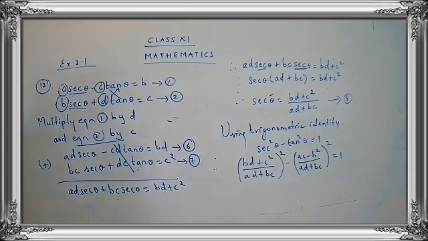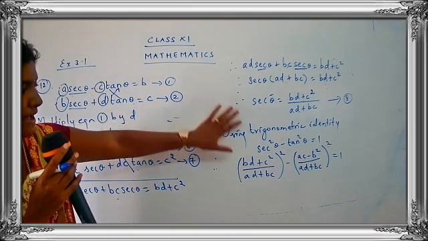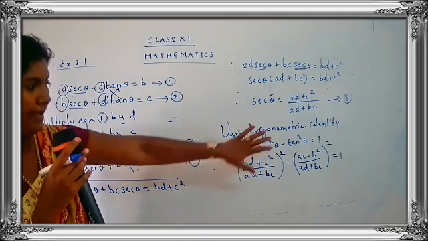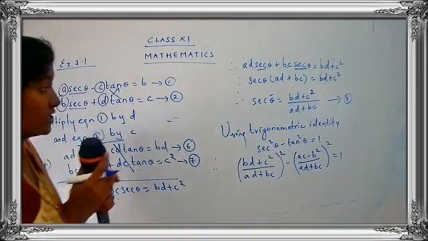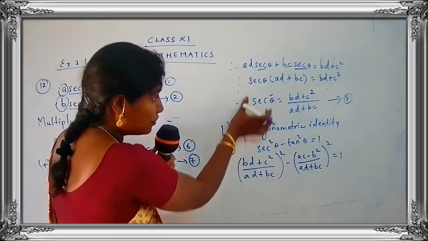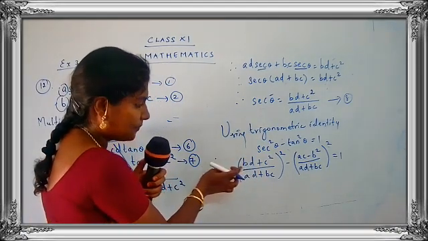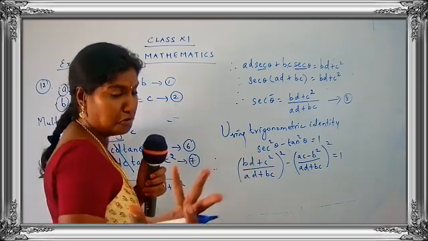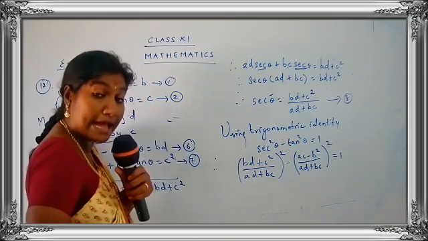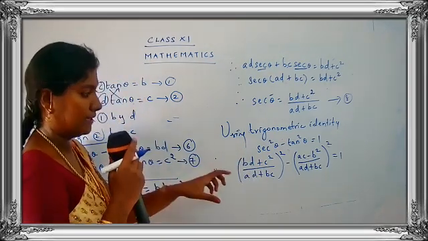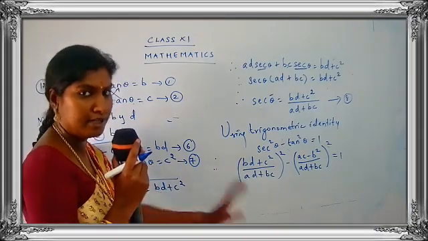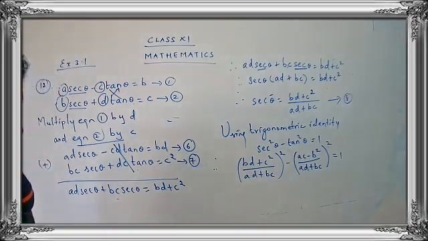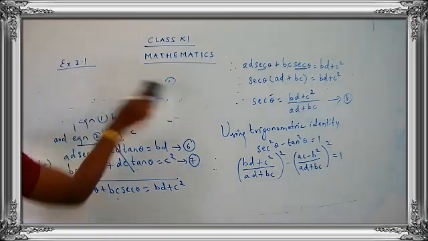Is it clear, children? So we have just substituted the value for secant theta and tan theta. Still the work is there. Just see now, children. Now when you use this identity, what happens here? Can you find the theta over here? No, we don't have any theta. That means we have eliminated theta. The only thing is we have to simplify it further and we are going to complete our sum. Let's go for the further steps.